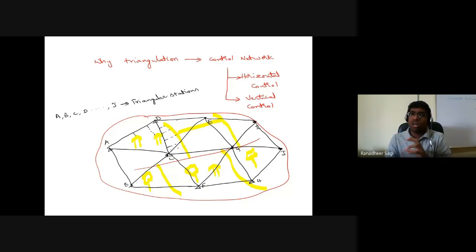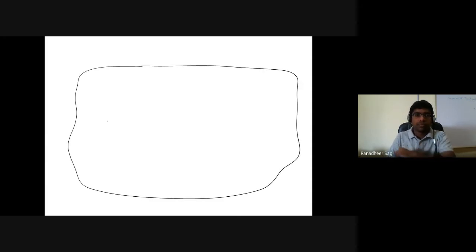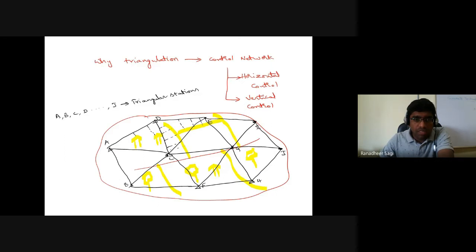So once you know all that information, then in the map I am going to be preparing, let's say this is my map in which I want to transfer all that information that I have measured in the field, into a graphical representation in the map by choosing an appropriate scale. I have chosen an appropriate scale, and let me say I am now drawing your control network. This is station A, this is station B. Let me just have an idea of how I have represented them, right?